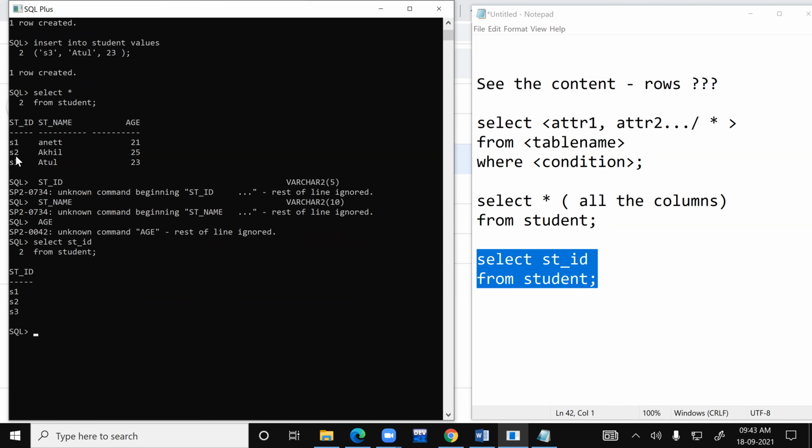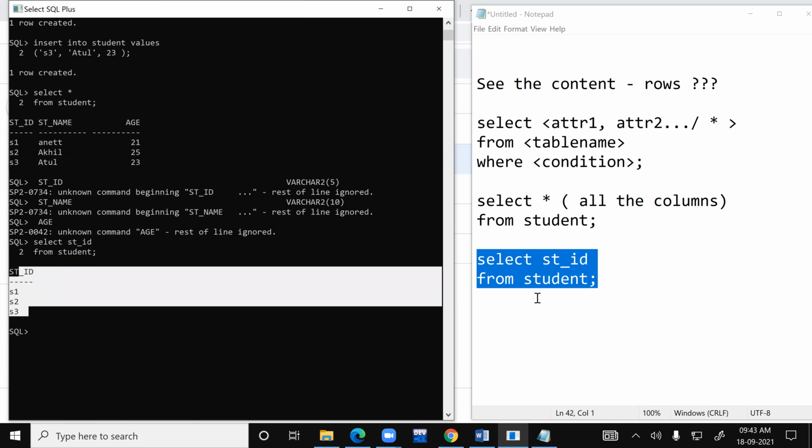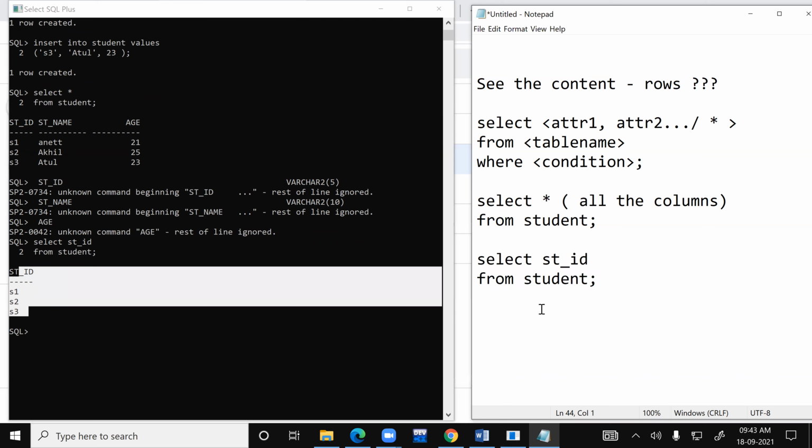Look here, out of this, I am seeing only the student ID. Okay, imagine I want only the student name and age.